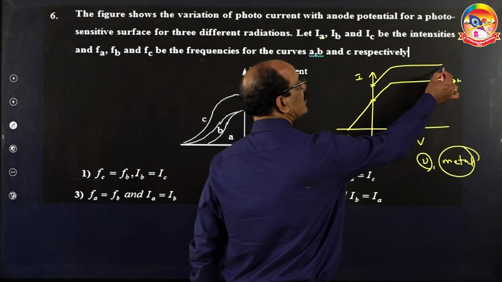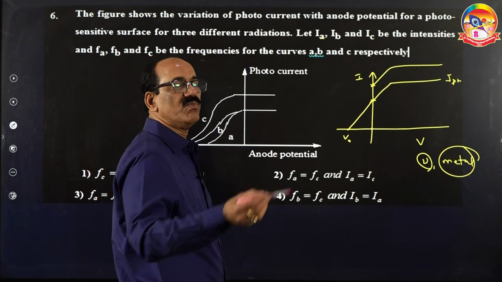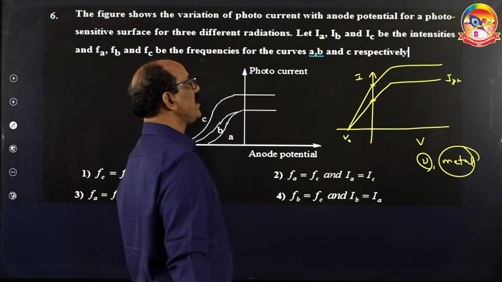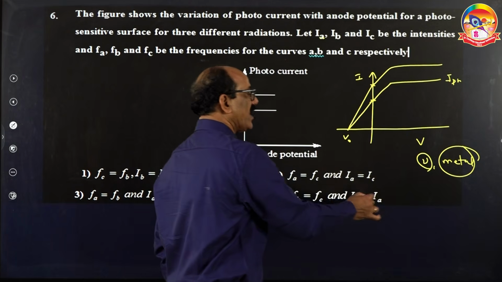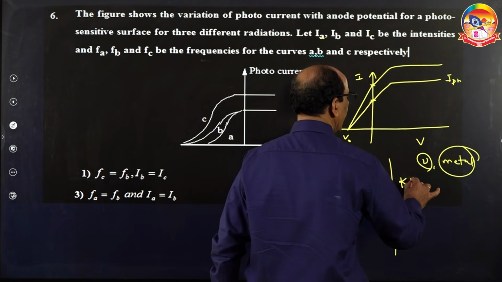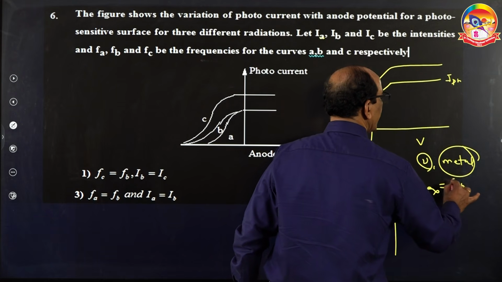So with higher intensity of radiation, more number of photons are made to be incident and hence more photocurrent is possible. But this stopping potential remains the same. Why? Because according to Einstein's photoelectric relation, KE maximum is equal to the energy of the photon minus work